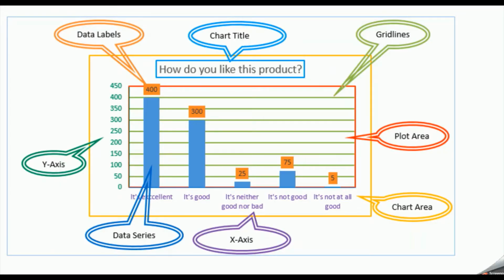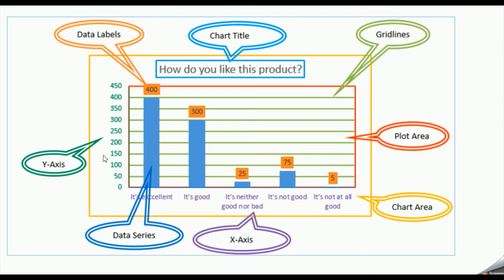Okay, now let us learn the different components of a chart here. I'm going to start from the x-axis. As you can see, the things in purple color, just have a look at it. X-axis is basically the horizontal axis of a chart. It is also called the category axis. That is, the things displayed over here on the horizontal axis are called the x-axis.